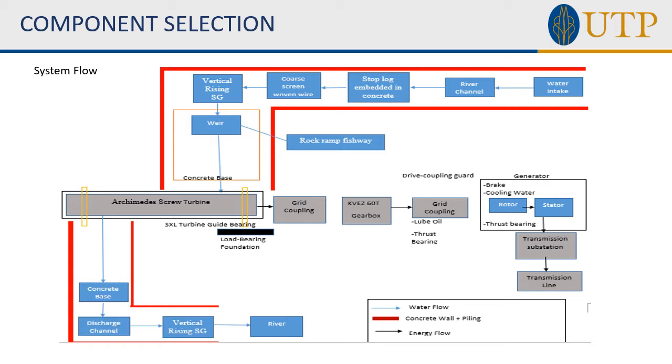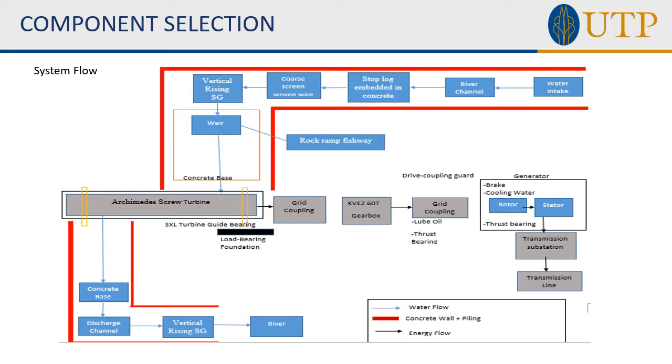Then it passes through the weir and rock ram fishway. The weir's function is to increase or decrease the flow rate of the water, while the rock ram fishway is for the fish to swim through or pass without getting caught in the Archimedes screw turbine. After the weir, the water will flow through the Archimedes screw turbine, where the turbine will generate